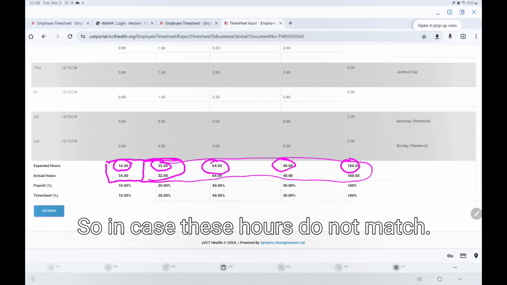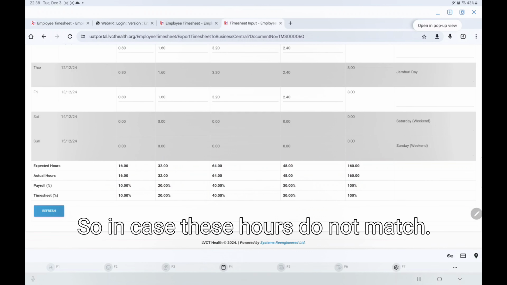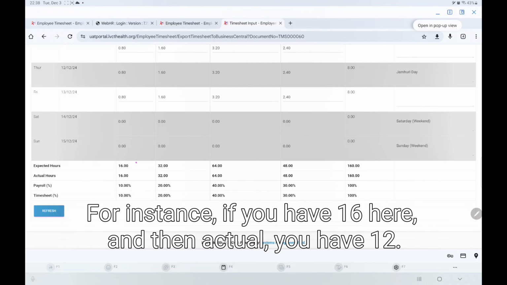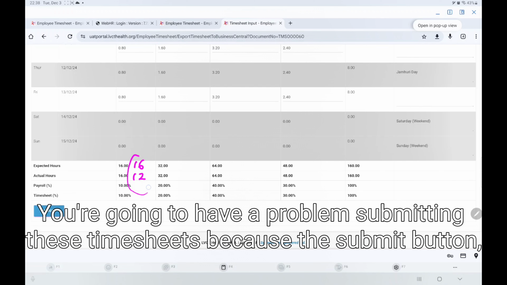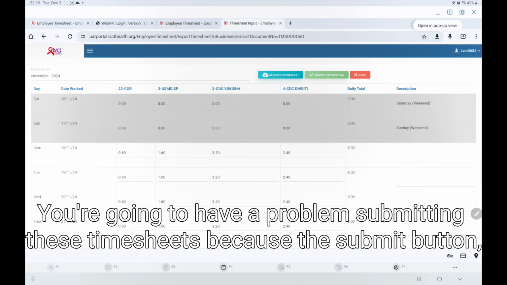So in case these hours do not match, for instance, if you have 16 here and then actual you have 12, you're going to have a problem submitting this timesheet because the submit button